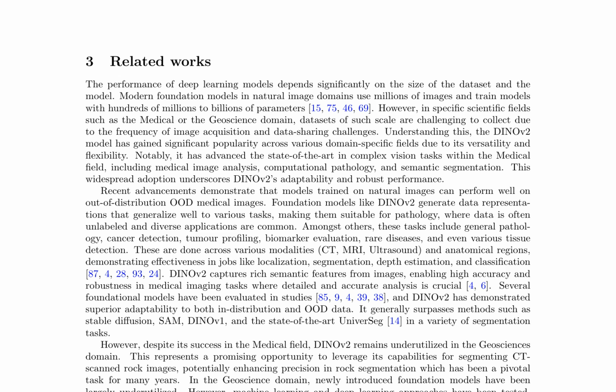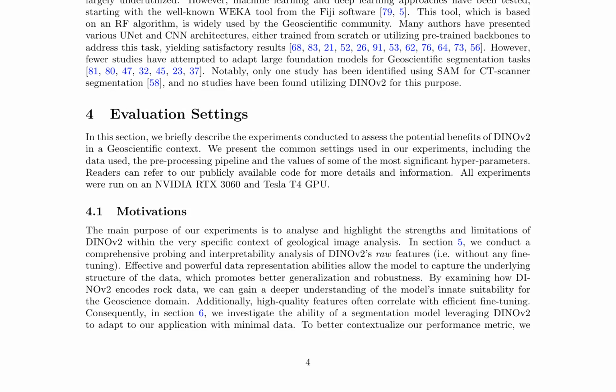community. Machine learning and deep learning approaches have been tested in geoscience, with the WEKA tool from the Fiji software being widely used. Various UNet and CNN architectures have yielded satisfactory results, but fewer studies have attempted to adapt large foundation models for geoscientific segmentation tasks. Notably, only one study has utilized SAM for CT scanner segmentation, and no studies have been identified using DINOv2 for